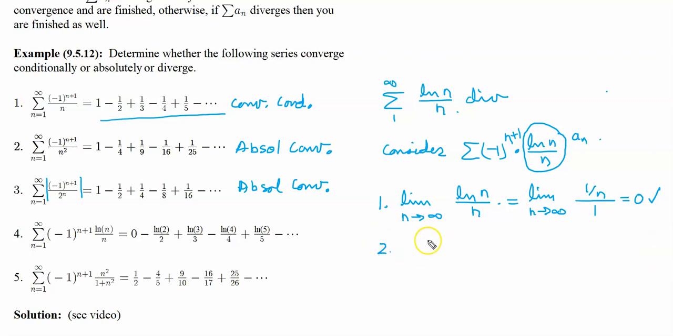Now we need to verify this. Are the a_(n+1) terms less than or equal to the a_n terms, the terms right before them? Well, we have to look at this. Is it true that the natural log of n plus 1 divided by n plus 1 is less than or equal to the natural log of n over n? That's what we have to determine. Well, we actually already determined that this is true, because if you think back, we considered the derivative of this function,